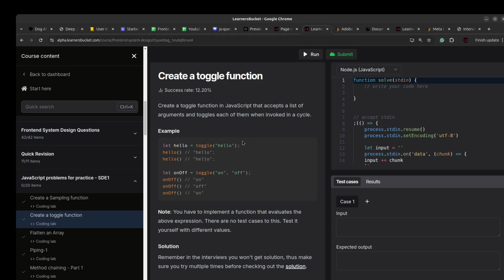Welcome to another video. Let's solve the next question in the playlist, which is we have to create a toggle function. A toggle function that accepts a list of arguments and toggles each of them when invoked in a cycle. If you see in the example, the toggle function can accept any number of arguments and it will return another function. When the returned function is invoked, it will toggle through the list of the arguments that the parent function has accepted. So let's copy this